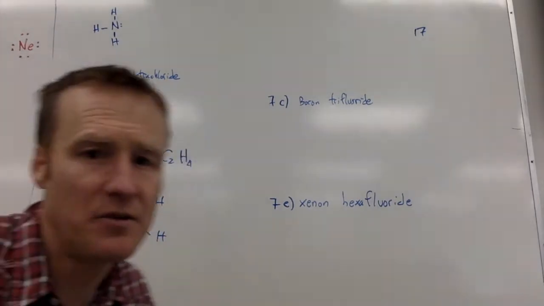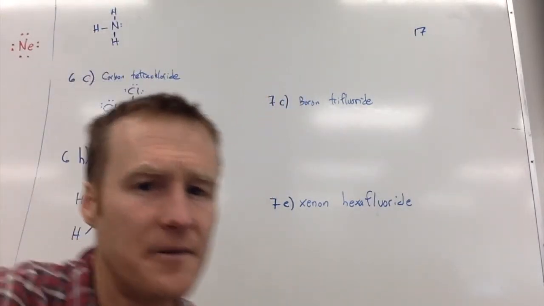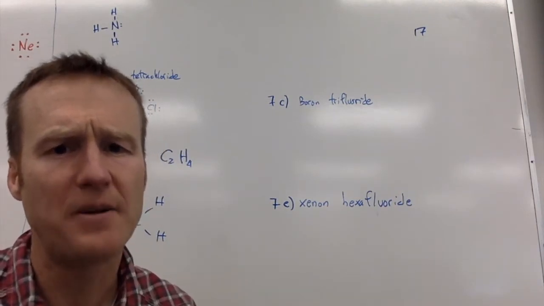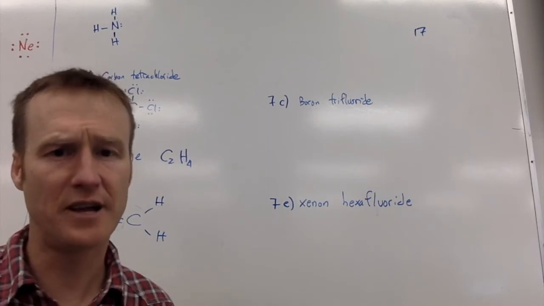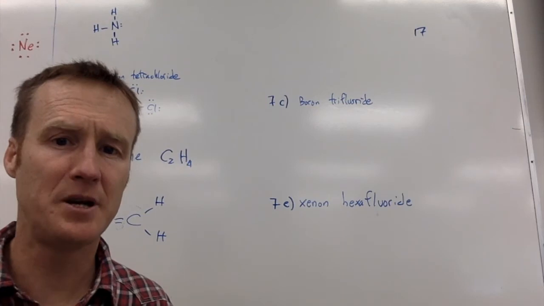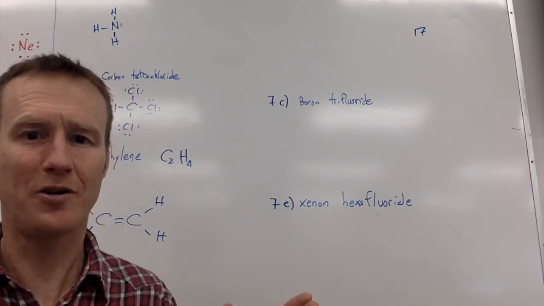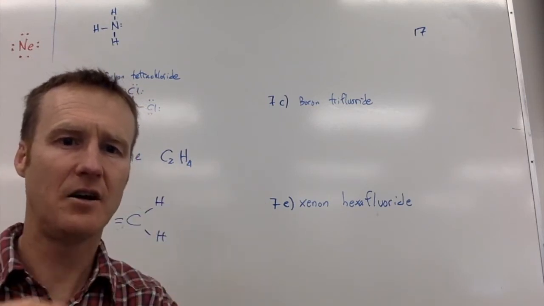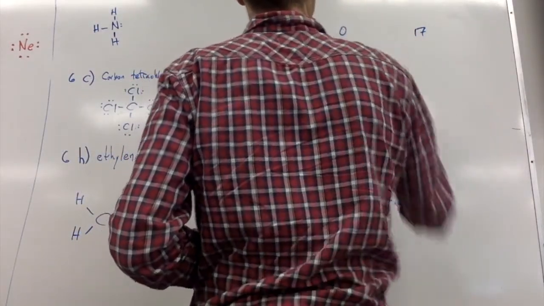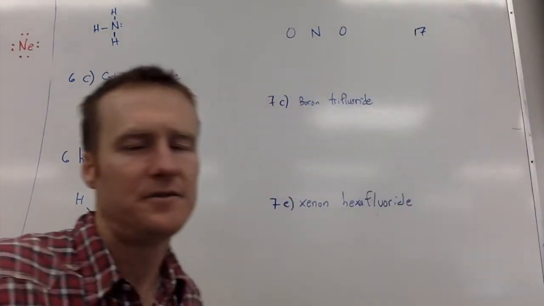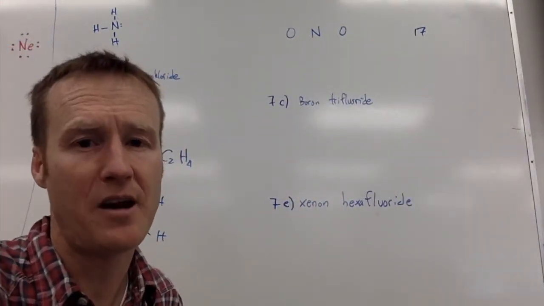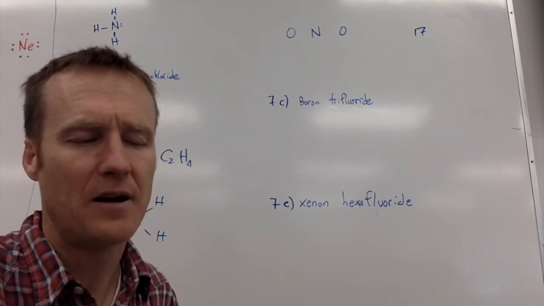Well, let's figure out then what the structure is going to be like. And here again is a situation where at least the rule of thumb is going to work, that the least electronegative atom, nitrogen, is going to be in the middle, and the oxygens will be on the outside. So this is the O-N-O molecule. So that is the structure of nitrogen dioxide, but how does it play out with respect to the electron dot